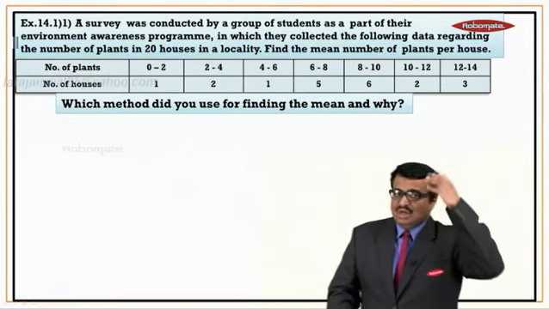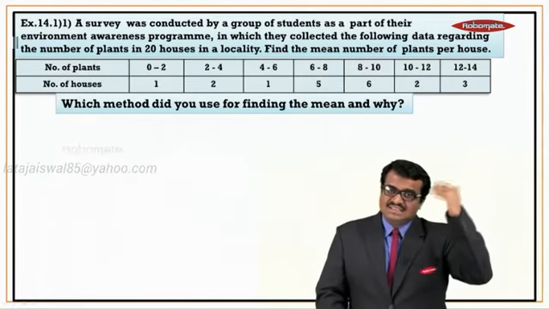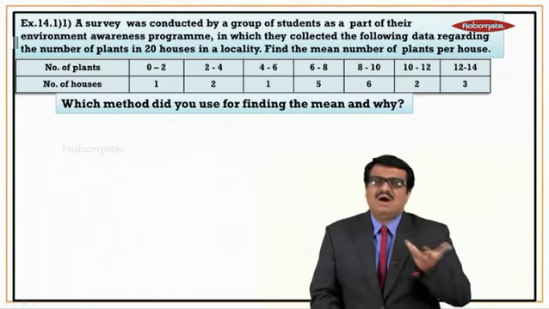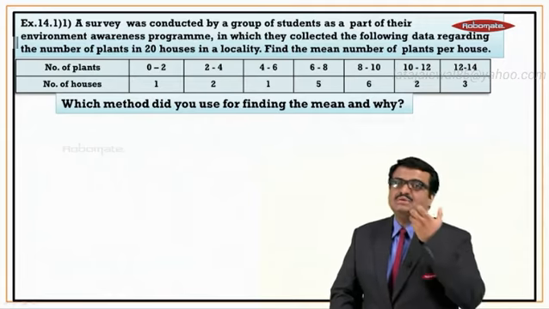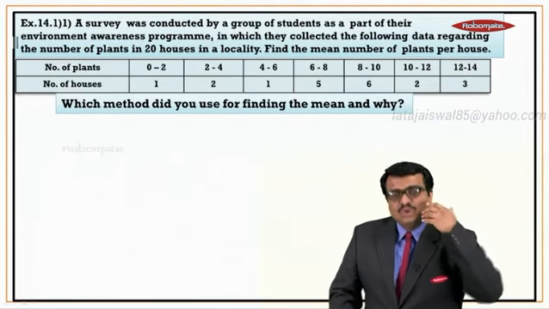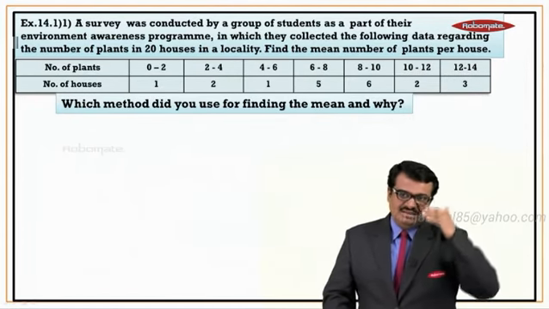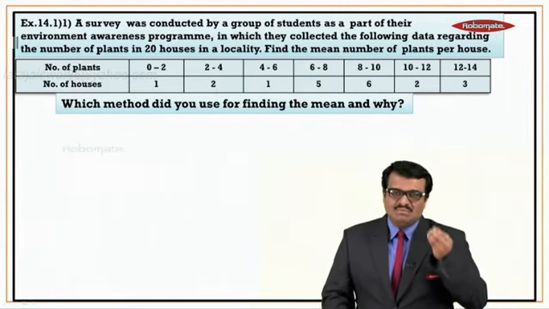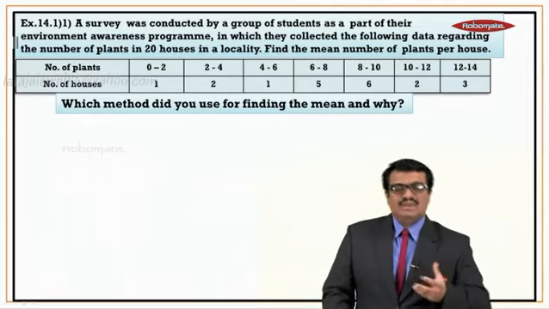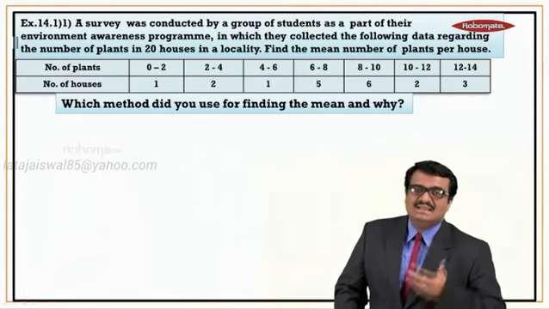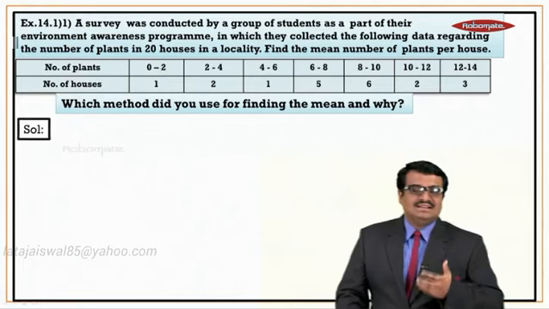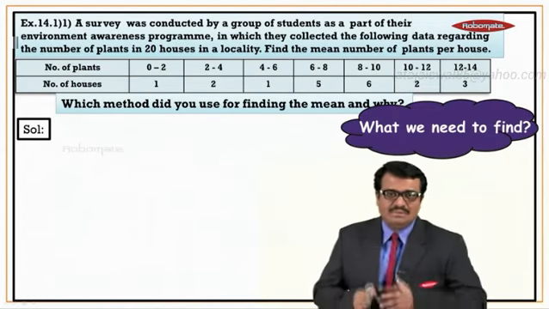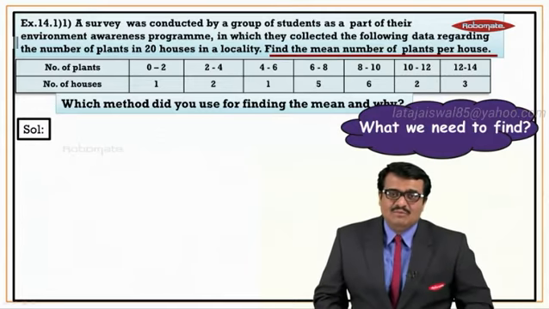And then after solving the entire sum, they are asking you which method did you use for finding the mean and why did you use that method? They are asking you this question. So if you see the two columns, the number of plants and the number of houses, the data is very small and they have given us simple numbers. So we can use our first method, that is direct method. So how we start this sum by direct method is, first we will prepare a table. But before we prepare a table, let us understand what we need to find. We need to find the mean of